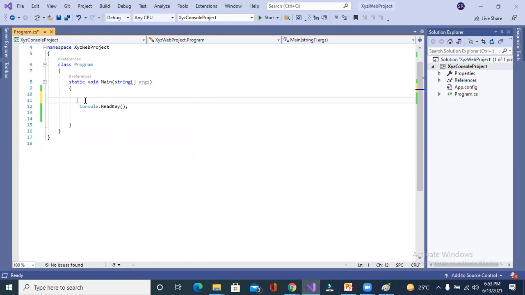So where to use an array? Just for example, I want to store the mobile numbers of 5 students.